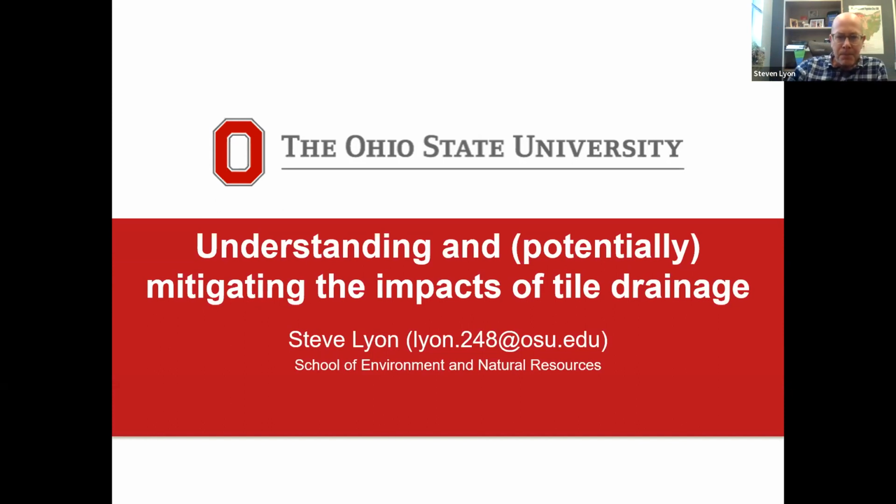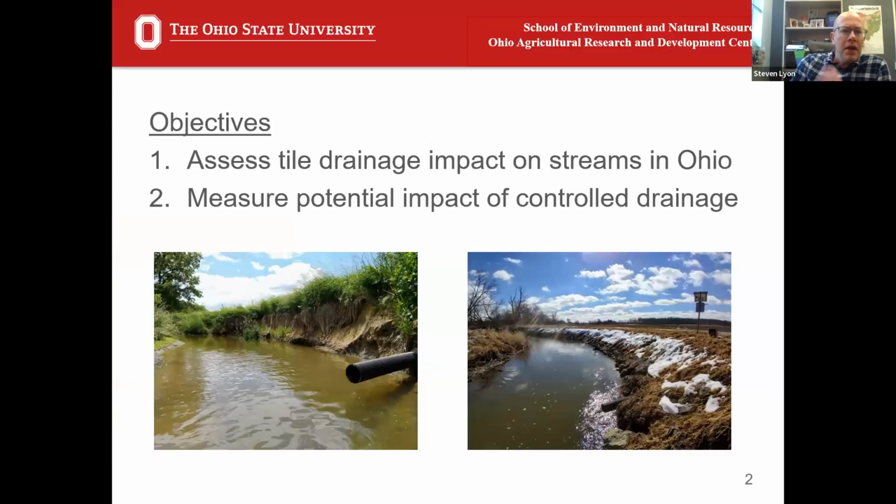So just to give an overview, what I want to try to cover today in the time we have. I'm going to talk about two main aspects of some work we've been doing. First, looking at how subsurface tile drainage has potentially been impacting the streams across Ohio, how it's altering our stream flows, and some work we've done there. And then I'll look into some research we're doing now and continuing forward about some potential management practices to try to mitigate or change that impact a little bit. A methodology called controlled drainage, if you haven't heard of that before, so drainage water management.